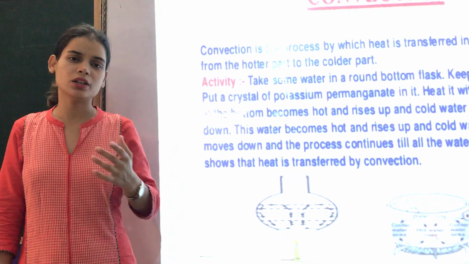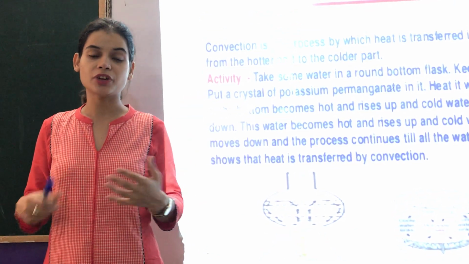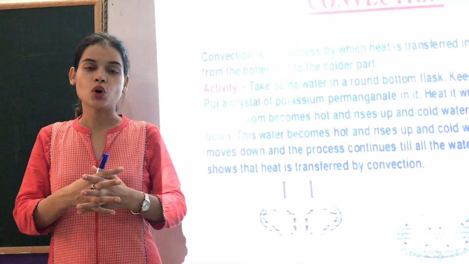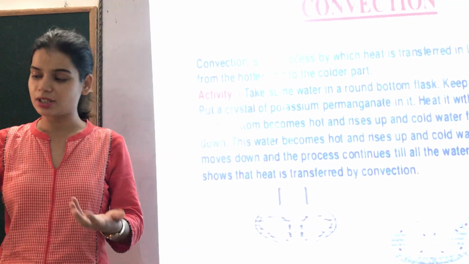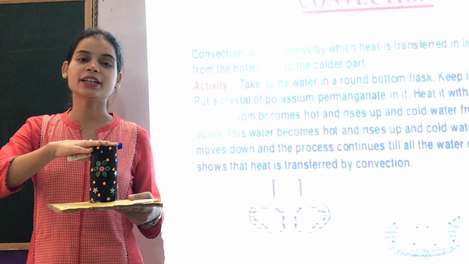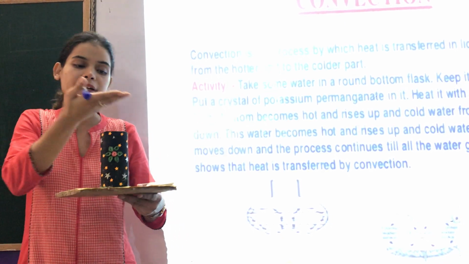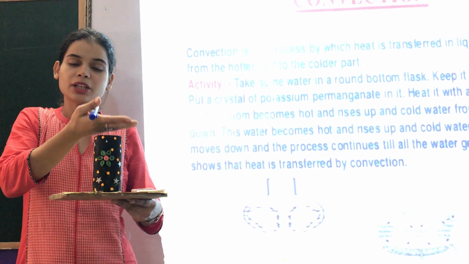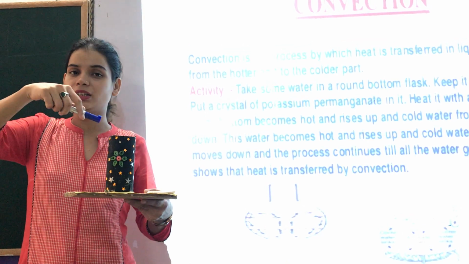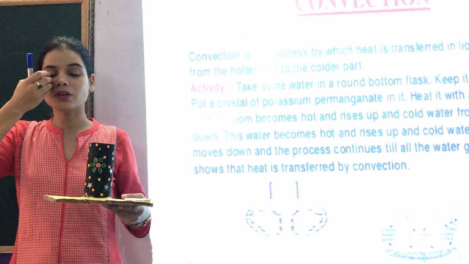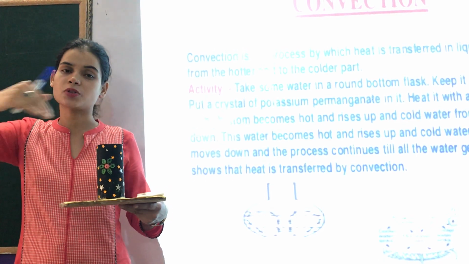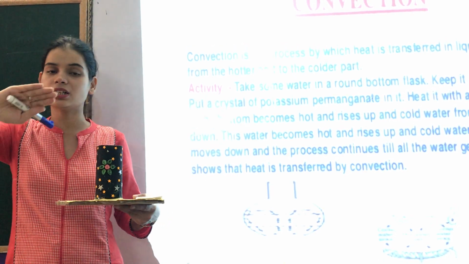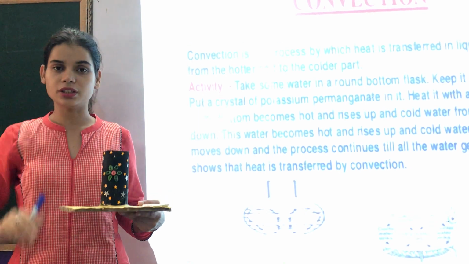Now children, you all might be very familiar with this situation when you burn anything in a burner, for example, this is the burner. Suppose you use any utensil or pan above it. After some time that pan, and also the handle, gets heated up. Why? Because the heat is transferred from the pan to the handle through the process of conduction. That is, conduction is the transfer of heat in solids.